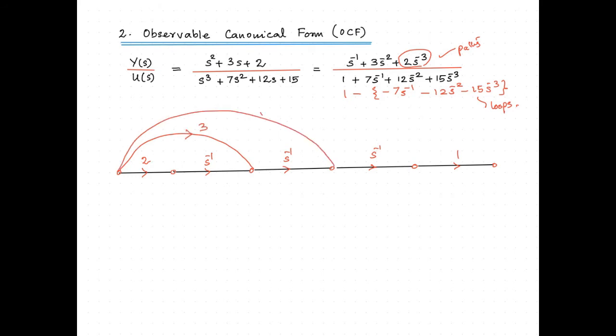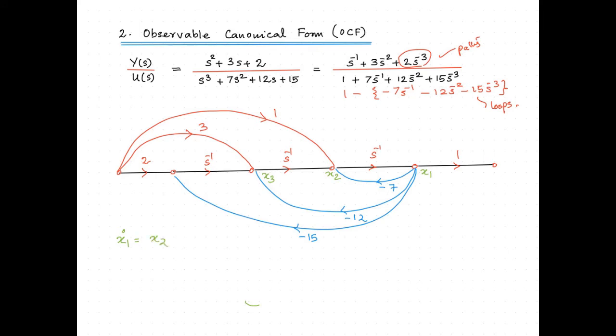Now we form the other paths with these integrators, that is 3, and this will be 1. We start forming the loops towards the output side, minus 7, minus 12, minus 15. Then we name the integrator outputs as the state variables. This is because if you name the integrator outputs as the state variables, we can easily write equations for x1 dot, x2 dot and x3 dot. That is why we use integrators.